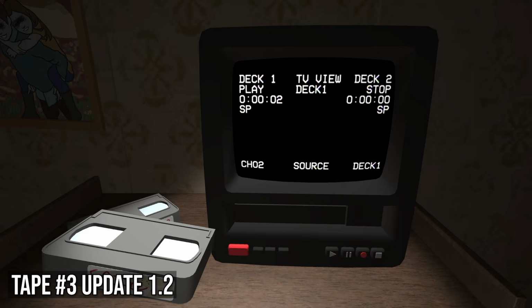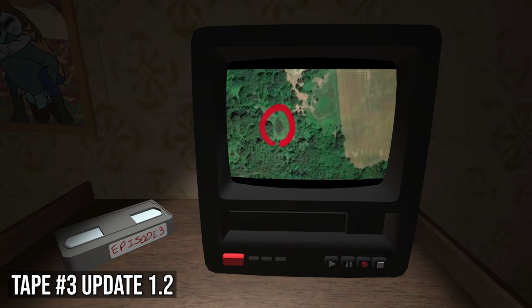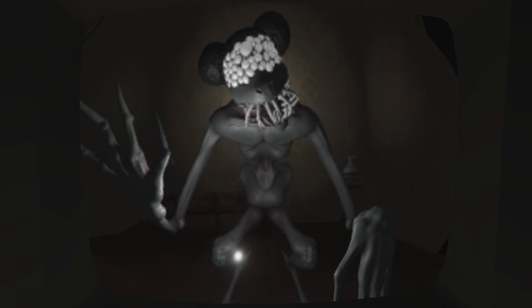The second update altered the tape. It is now much shorter in length, displaying just one single image. This seems to be of an aerial photograph, taken high above the forest area seen in the previous recording. An area of the landscape is circled, almost as if something or someone is to be found there. Upon typing into the provided spacing, the game glitches out and the entity residing within emerges.